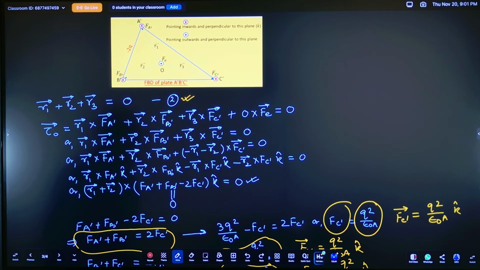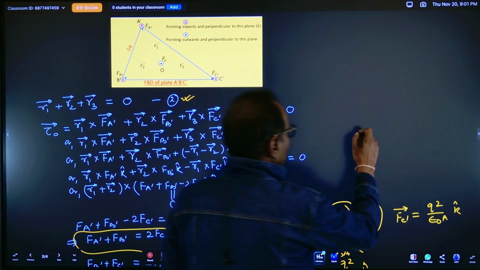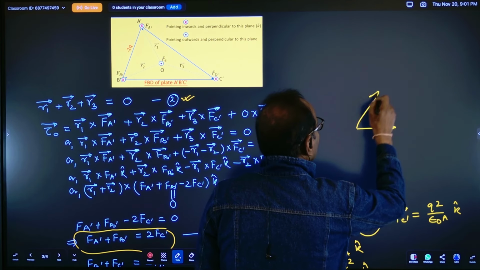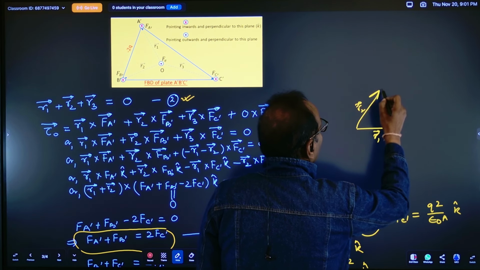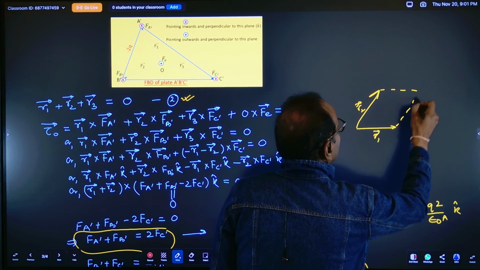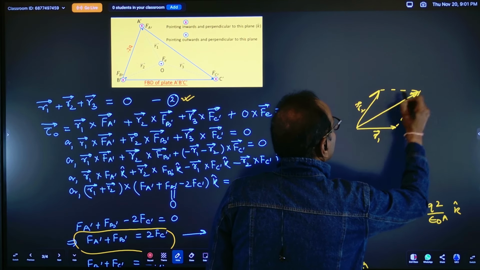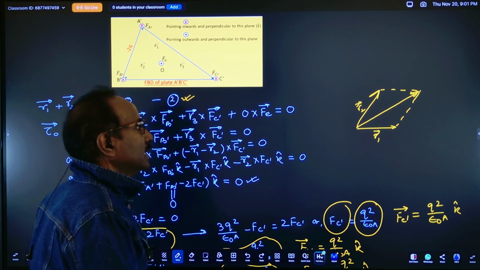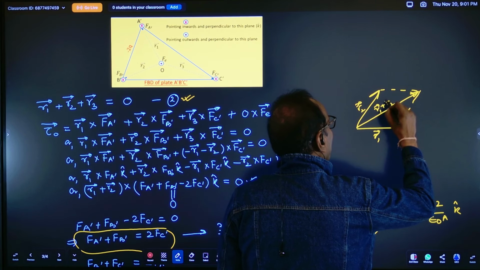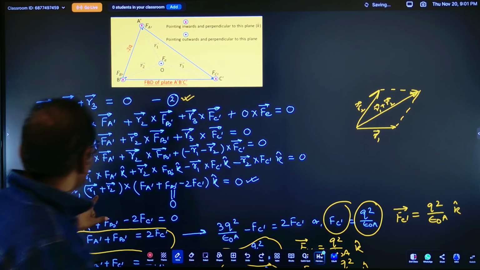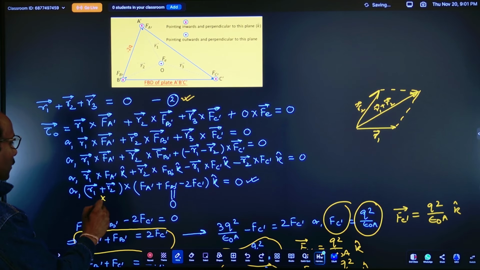कभी 0 नहीं होगा, क्योंकि आप जानते हैं कोई भी वेक्टर अगर ये R1 है ये R2 है तो आप जानते हैं कि इसका रिजल्टेंट जब आप पैरेललोग्राम से बनाएंगे तो ये होगा, तो ये कभी 0 नहीं होगा, आपका R1 प्लस R2 ये होगी, तो ये वाला आपको 0 होगा नहीं, तो ये 0 नहीं होगा।